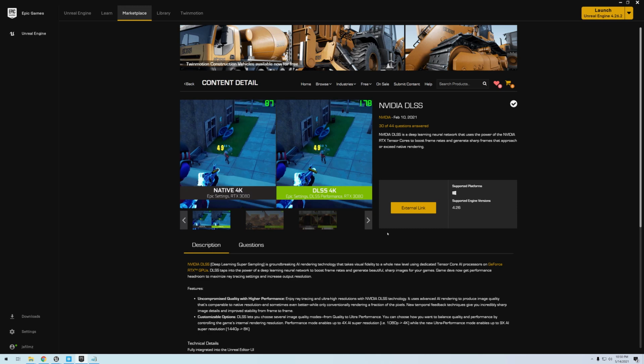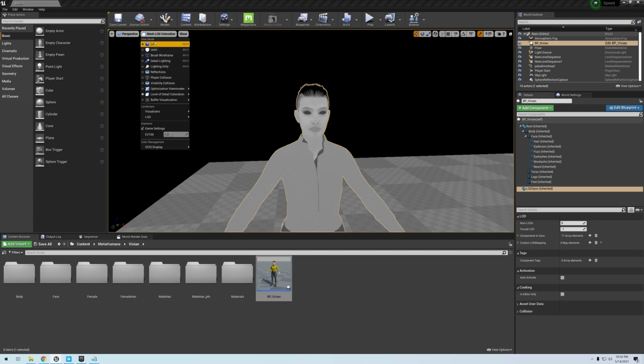I'm going to put the link in the description because I already made a tutorial on how to install this thing. This is free from NVIDIA if you have an NVIDIA enabled card. And I can guarantee you, you can see right here, the boost in FPS. The boost is pretty nice. Similar in Unreal Engine 4, you get some nice FPS boost. So download that. The next thing we're going to look at is, let me go ahead and change this to